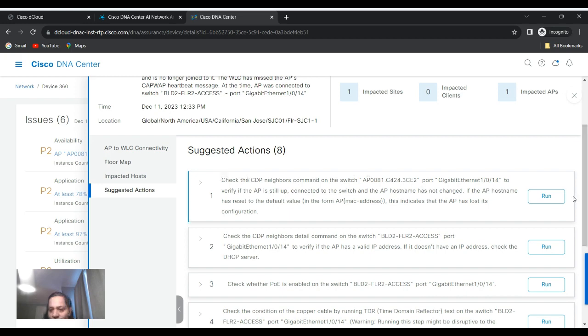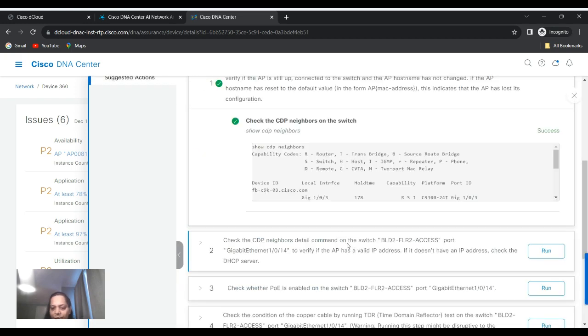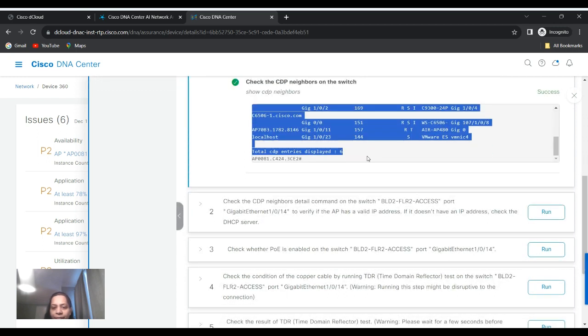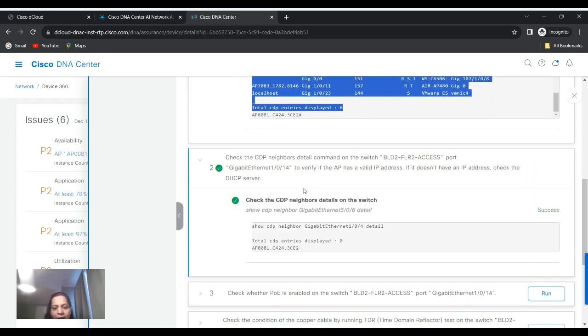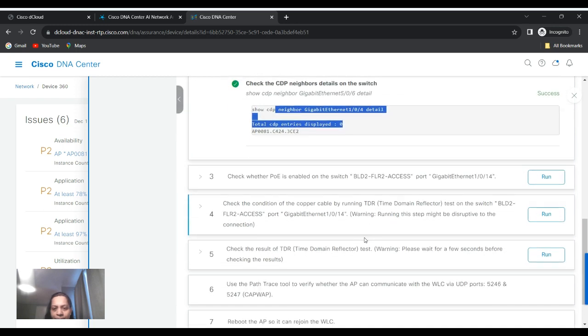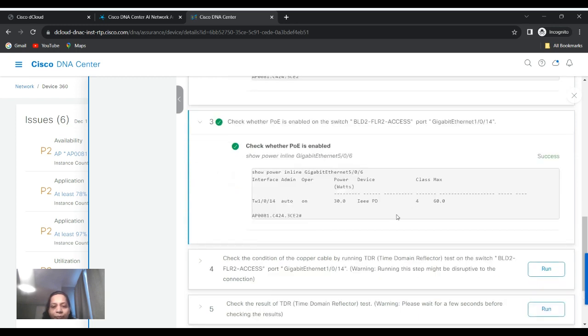Neighbors, first of all: check if the neighbors are connected and how the signal strength of the neighbors is. It gives the details of the adjacent access points. And once that has been found out, it also finds the details on the switch, meaning whether it is connected to the switch, because access points ultimately get connected to the switch, right? So then check